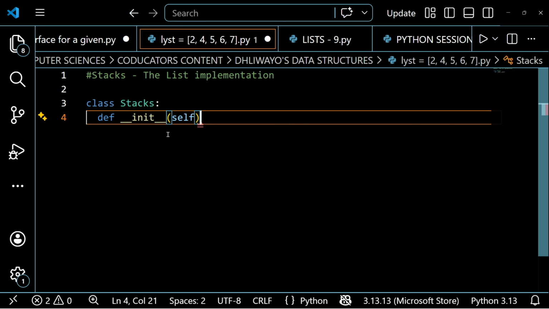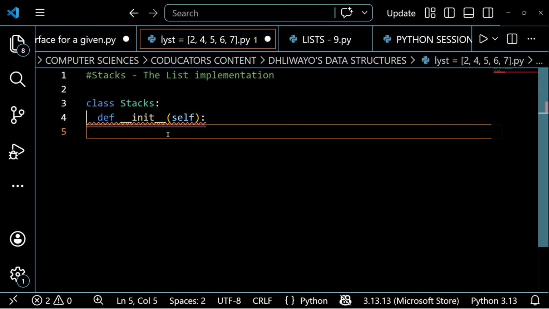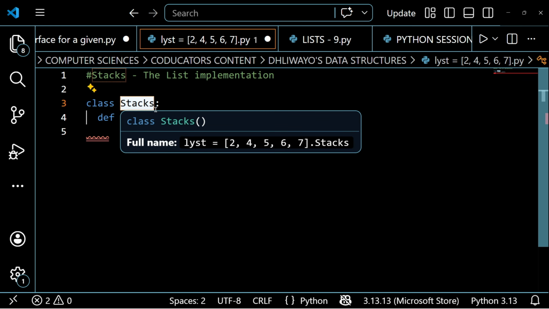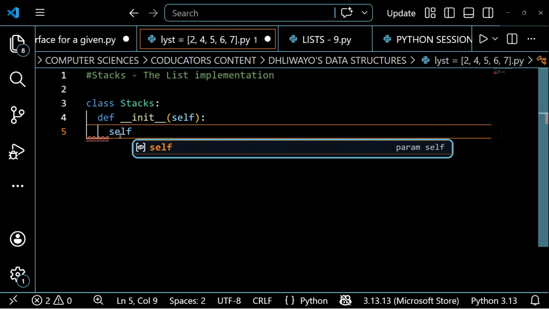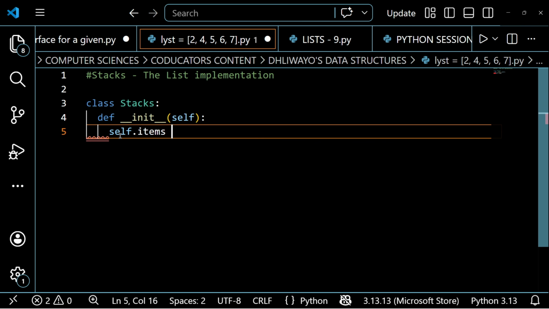So let me just say I'm defining a constructor. So the constructor method or the constructor function is used to create an object. If I'm saying that I'm creating a stack, in this case, this class is a class of stacks, right? So the object that I'm trying to create, I'll just call it a stack. So if I want to create a stack, I'm going to say self.items. So self.items is assigned to an empty list. Okay, why is this? Because basically a stack is an empty list. When we are implementing a stack, we use an empty list. In fact, you have already been doing stacks all along. It's just that we are now applying a certain method, or we are now applying object-oriented programming.